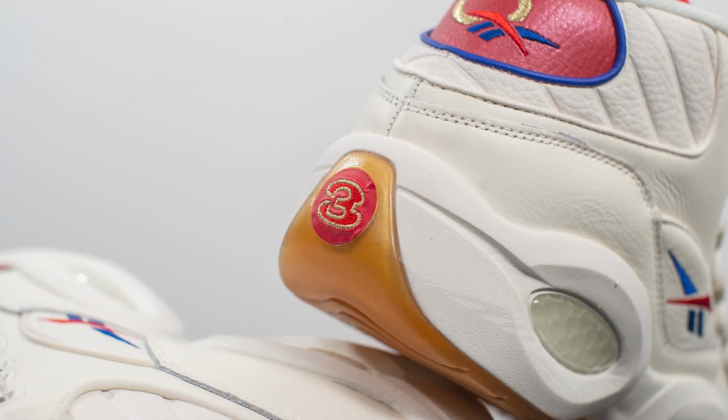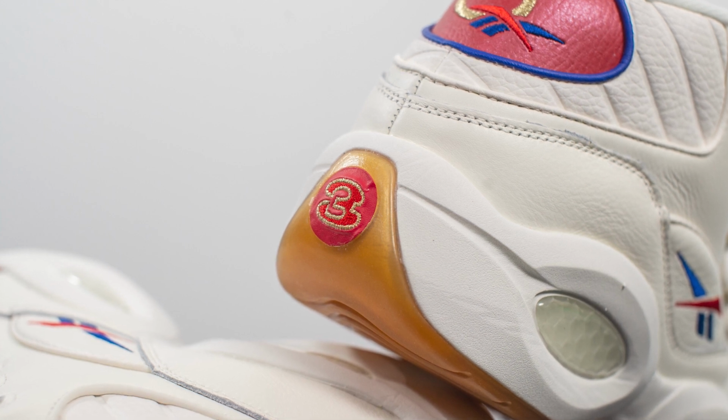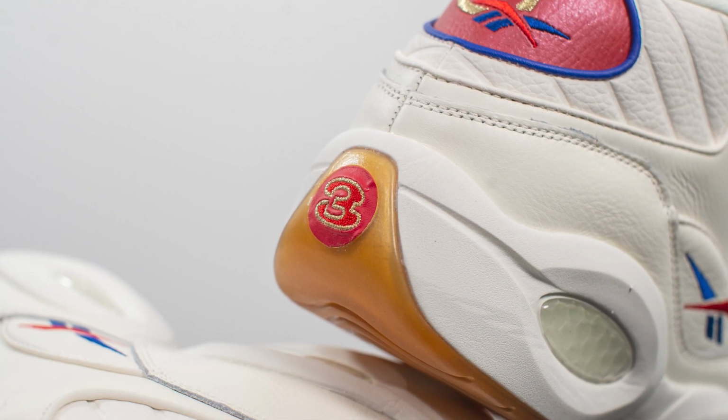But embedded within the midsole, underneath the heel, we have actual functional hexalite, which while it's not necessarily the same exact hexalite that they use for the OGs, this is more of a stripped down, dumbed down version. It still does provide some level of impact protection. And then on the back heel, we have this circular patch, along with Iverson's signature number 3 embroidered in this